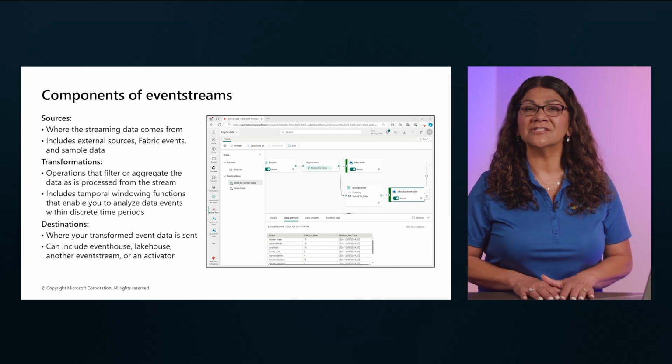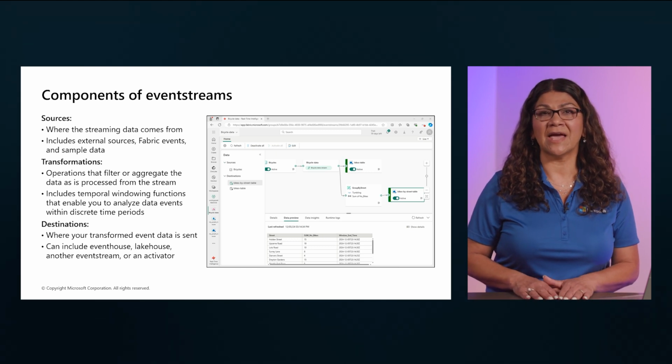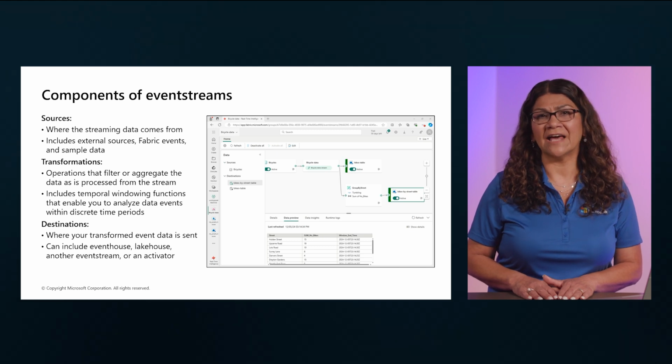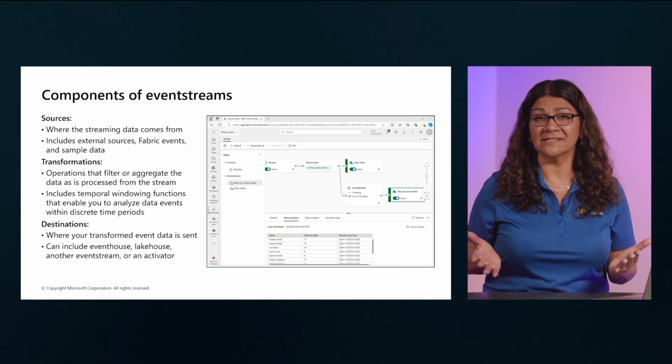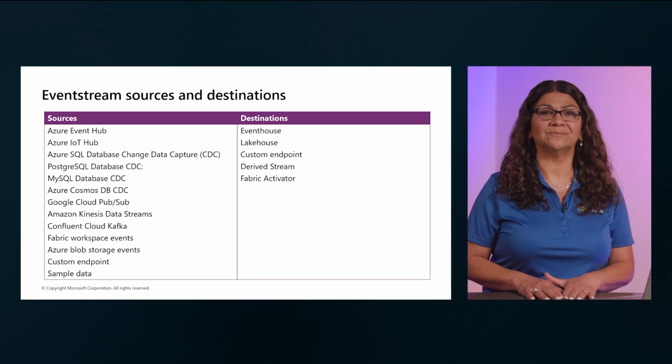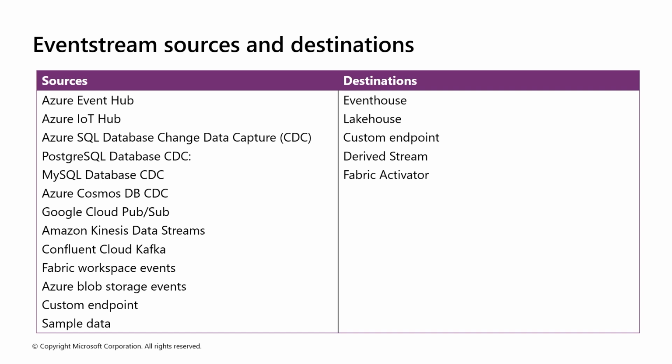You can use the event stream editing canvas to add and manage your sources and destinations. You can also see the event data. Check the data insights and view logs for each source or destination. At their simplest, event streams capture real-time data with a source and load the captured data into a destination. Event stream sources in Fabric Real-Time Hub can include, among others, Azure Event Hub,